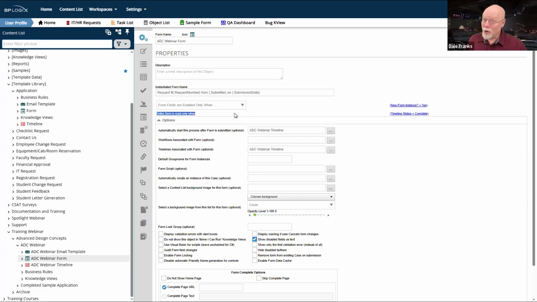Okay, good as far as that goes, but if the form is not set to read only, they're generally going to see an OK and a cancel button on that form instance. And you think, okay, so big deal. They can't complete a task. So why do I care if they see those buttons? Well, you really care if they see the OK button, because the OK button is always a submit button.